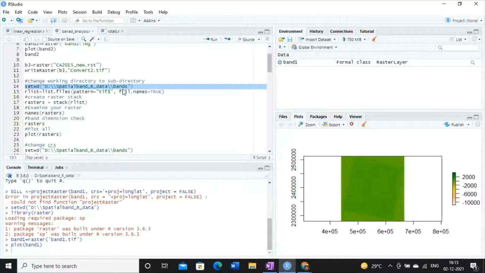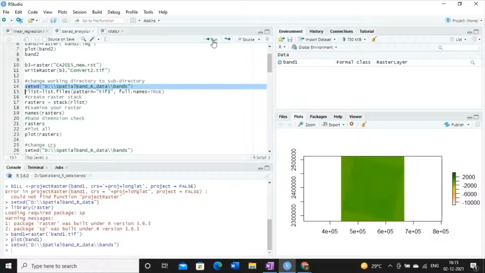So basically, I am setting my current working directory as D, then spatial band underscore R underscore data, and then bands. So this is now my current working directory in which I'm going to work. Now this line I have already explained. Whatever bands I have in this folder are all in the same format. They are in the TIF format.